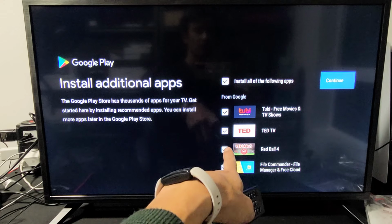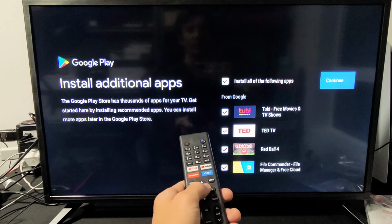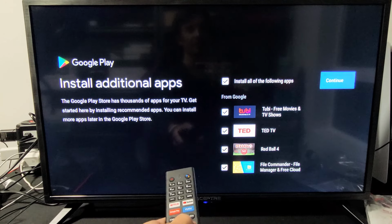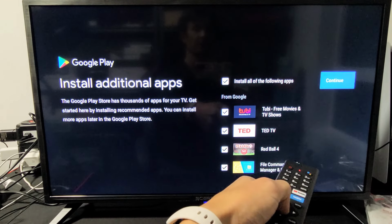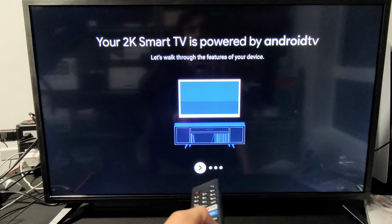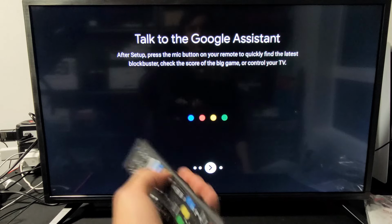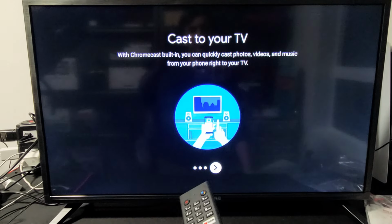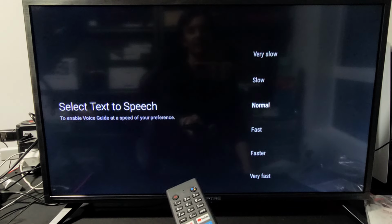They're going to automatically install these apps down here. You can go ahead and uncheck whichever you want. I'm fine with all of them on there. I'll just leave them on there. You can always delete them later as well. So I'm just going to go ahead and continue from here. And now here's just a quick walkthrough. You can pretty much go through this yourself. Okay, get Google Apps, talk to Google Assistant, cast your TV, and then